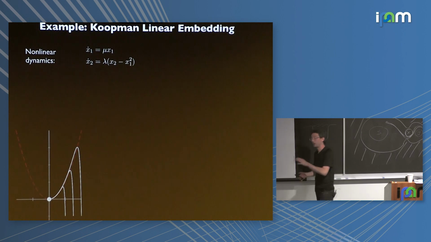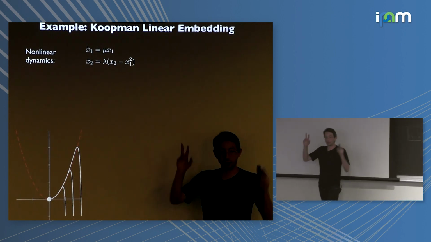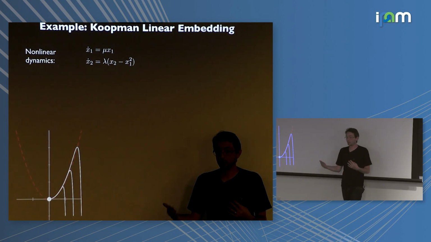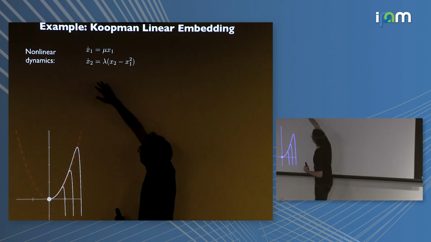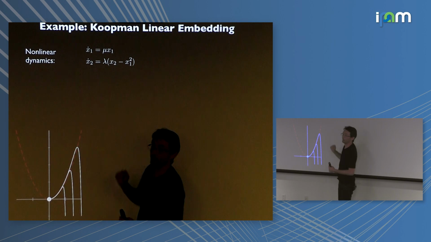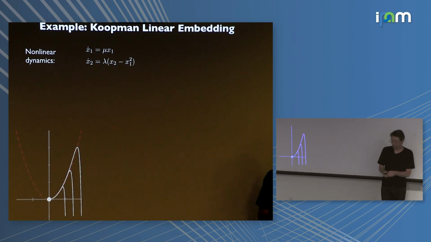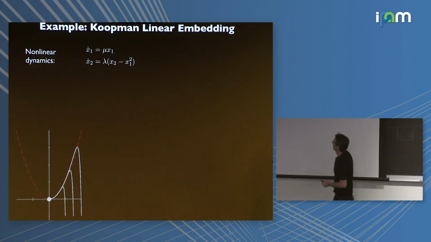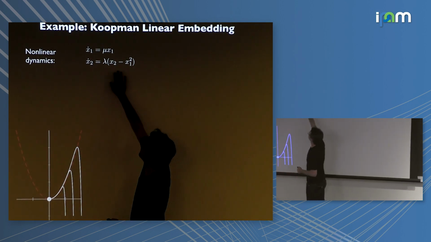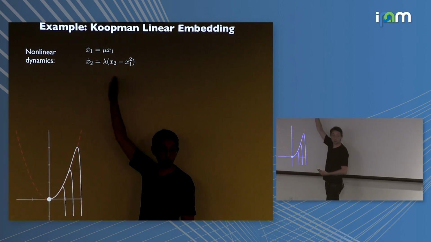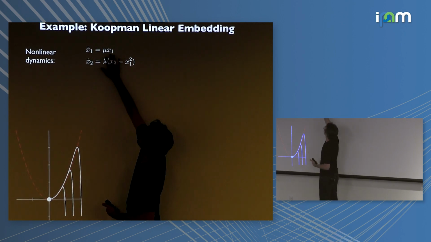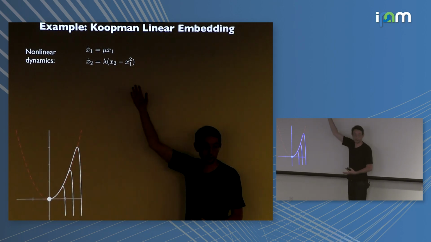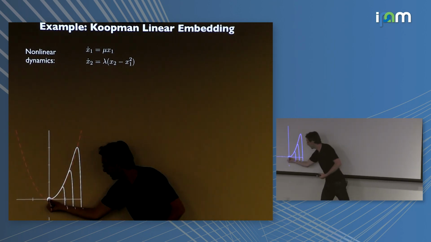OK, so I'm going to walk you through a very simple example of what I mean by Koopman theory. It's a coordinate transformation where things become simpler, linear. We're going to look at this little two-dimensional dynamical system. It is nonlinear, so you can see that it has this little x1 squared. That means it's nonlinear. And it has a single fixed point at the origin. The only fixed point of the system is at x1 equals 0, and if x1 equals 0, then x2 has to equal 0.